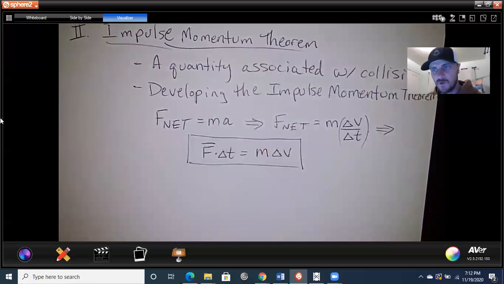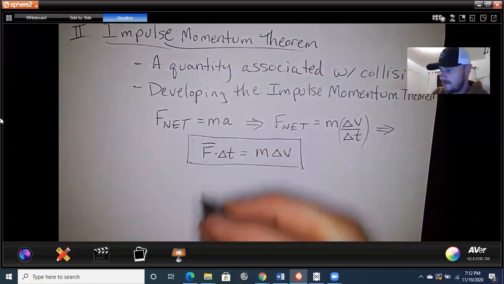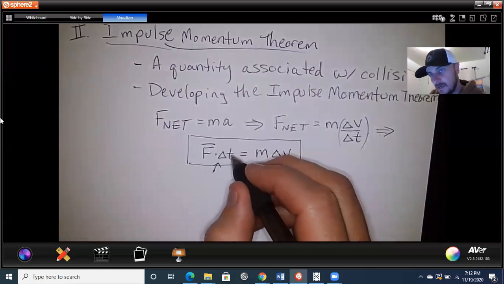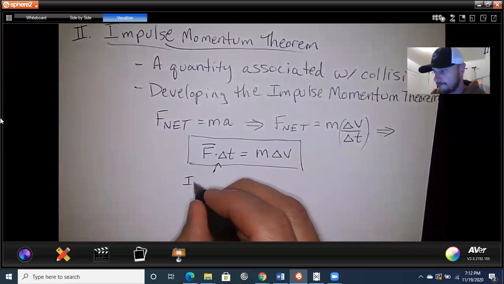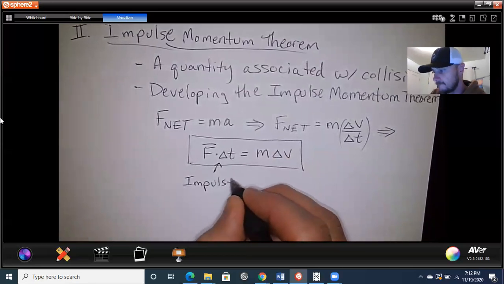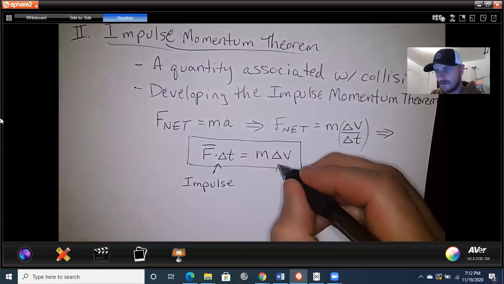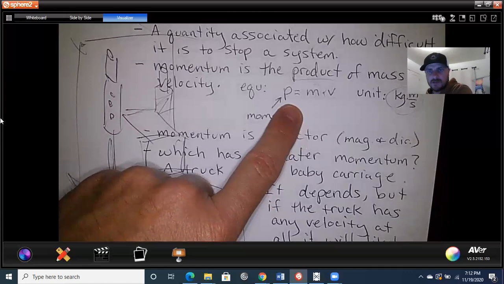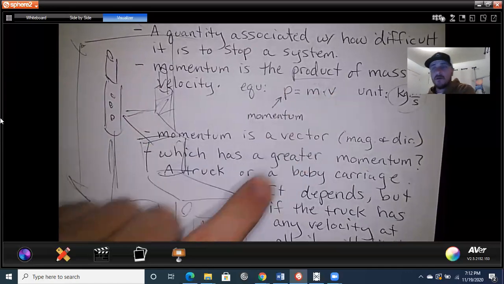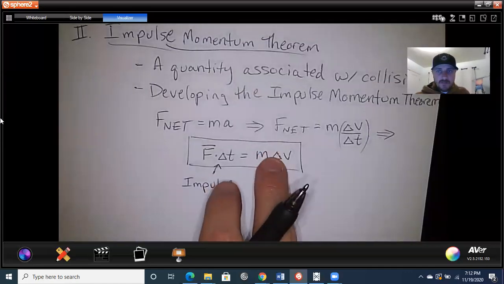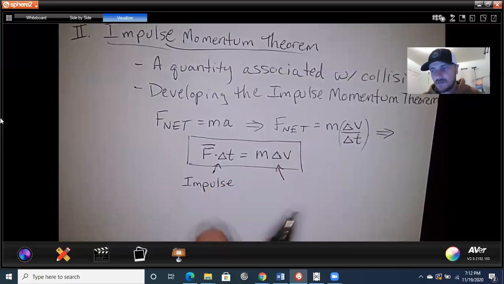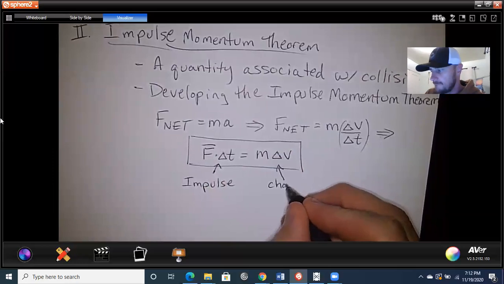It just depends on which book you look at. So this is impulse. This idea of force times the time is impulse. And what in the world does that look like? Well, we just discussed that, but it's a little different, right? We just discussed, hello, momentum, which is mass times velocity. This isn't quite mass times just velocity, it's mass times change in velocity. So what is this? This is the change in momentum.